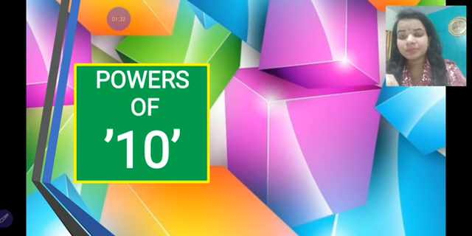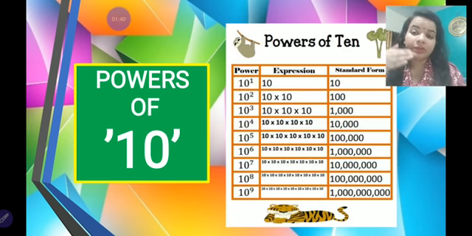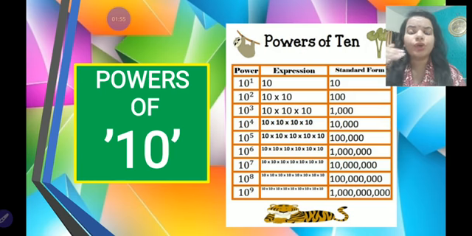Clear? Now, moving on to the next thing, powers of 10. If you get a number 10 with different powers, then 10 to the power 1 means 10. 10 to the power 2 means 10 into 10, that will give you 100. Similarly, 10 to the power 3 means 10 into 10 into 10, that will give you 1000. So here also you can write the answer directly, like whatever be the exponent, that much zeros you will have